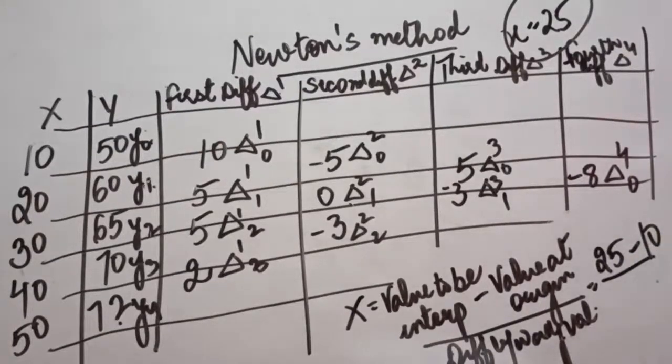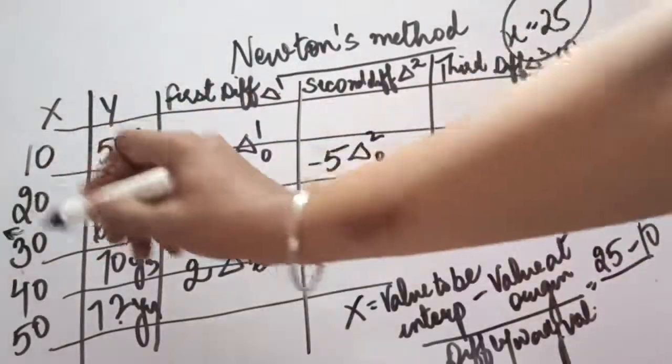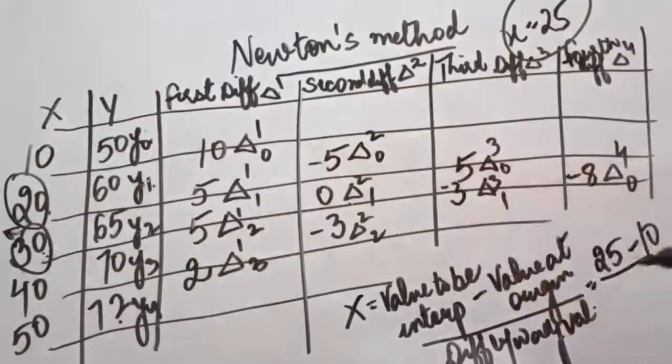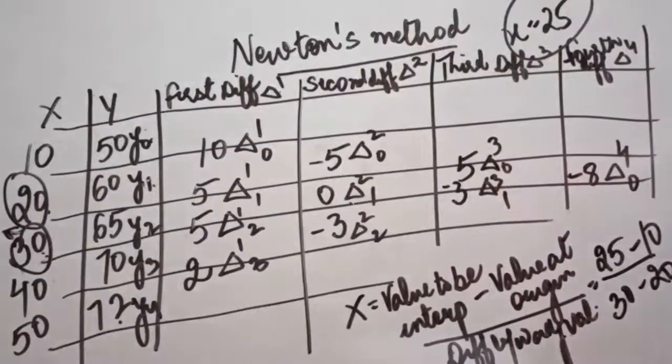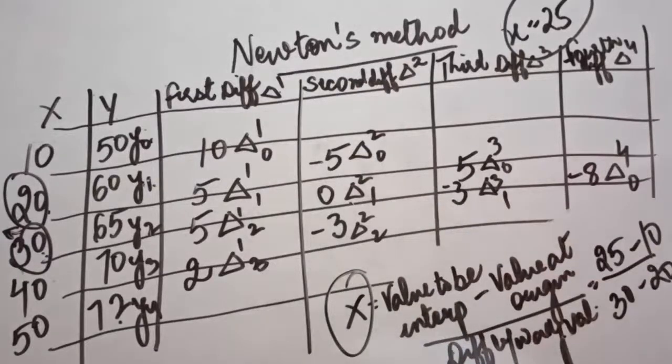Difference between adjoining values. Now 25, where does this 25 come here? So what is the difference between these two values which are going to adjoin this? It means 30 minus 20, or you can say the difference of all is 10. So I am filling here 30 minus 20. So from here you have to first of all calculate x. So this will be 15 divided by 10. So our x comes out to be 1.5. So this is how we have applied the first formula, that is 1.5.